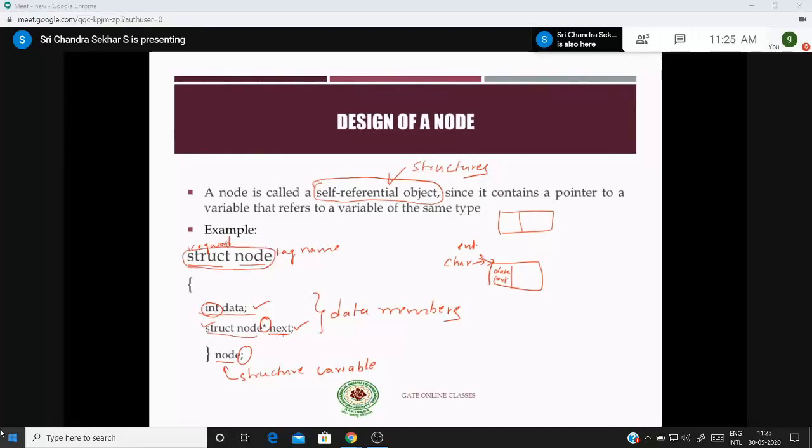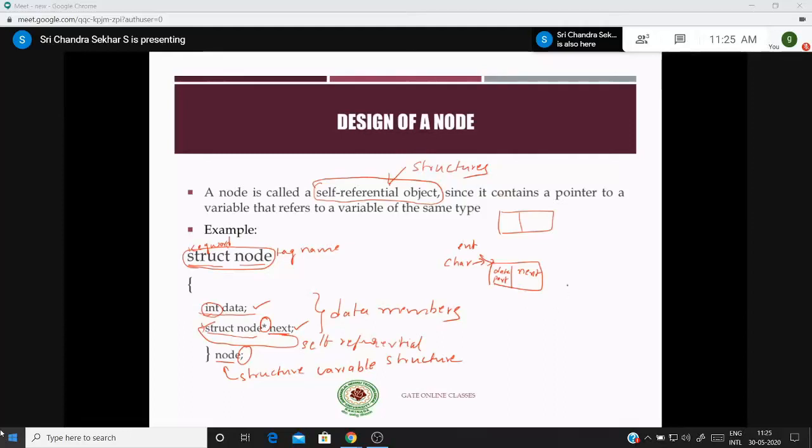Since it is referring to the same structure, it is called a self-referential structure. So this part is the next part or link part.